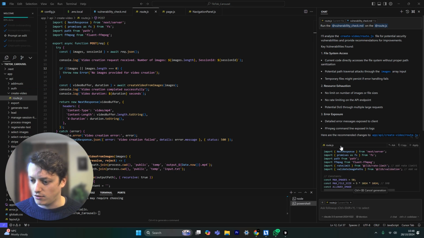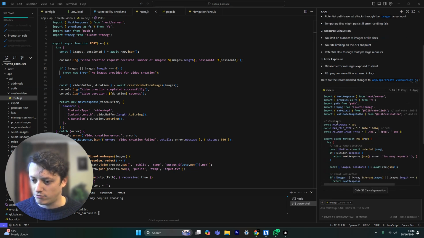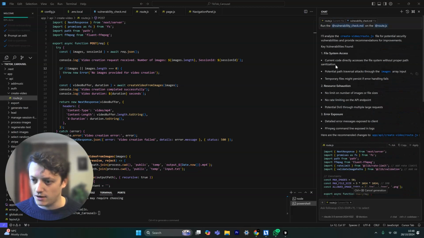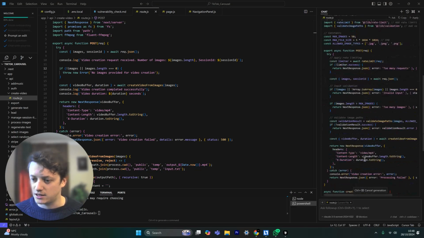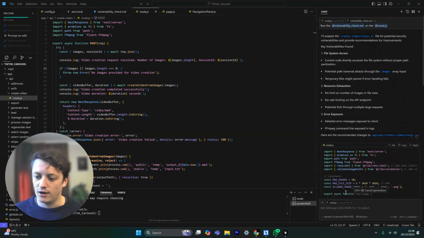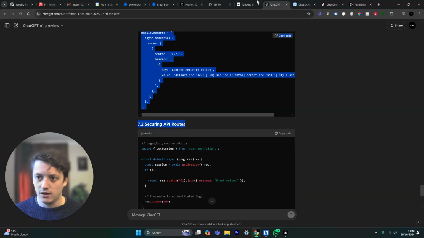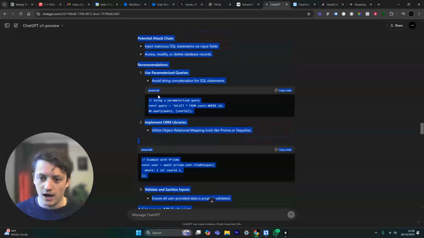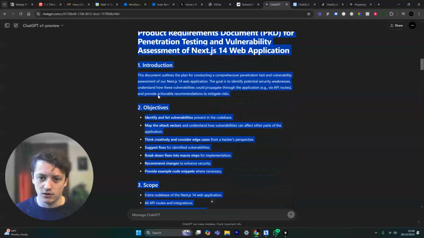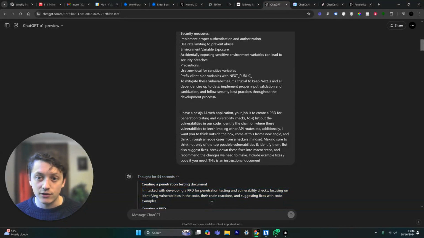Key vulnerabilities found. Okay, it's going to go through, here are the recommended changes, and it's actually suggesting these fixes. Obviously, you're going to want to go through and check this and make sure this is doing it correctly, and we could always take those fixes back. So, for example, what I would usually do is, let's say we're running this vulnerability check on this code here, I would copy this code, I would go to O1 preview, and I would give it the code of what I want it to do the check on. It would then write the instructions, and I would say don't write it for this specific code, but